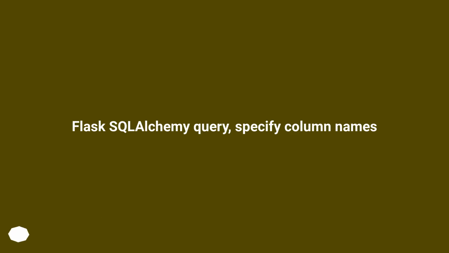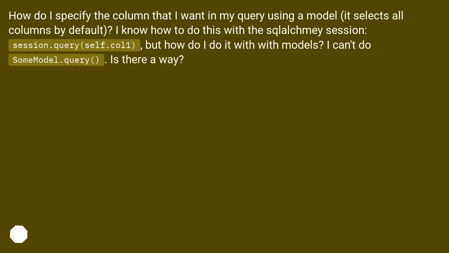Flask SQLAlchemy query, specify column names. How do I specify the column that I want in my query using a model? It selects all columns by default. I know how to do this with the SQLAlchemy